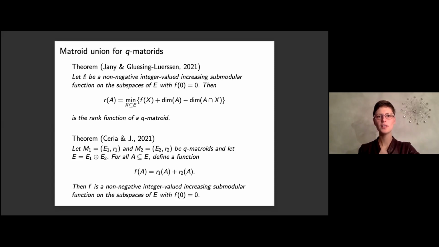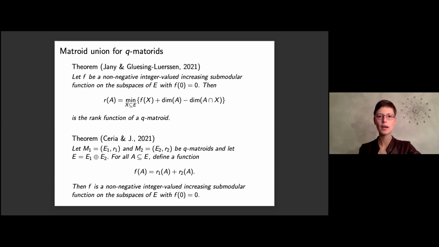So we take a function f that is actually the rank function of a polymatroid, which means it's a function that's non-negative and integer valued and increasing and submodular. So it's almost a matroid, but not completely, which is why it's a polymatroid. And also if we put 0 in it, you get back 0. And then if you take this function, for any A in your ground space, you can make a matroid out of it by taking the following rank function. You take this polymatroid function, you add the dimension of A and then minus the dimension of A intersected with X,